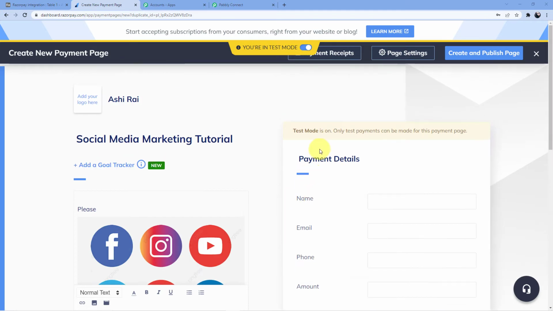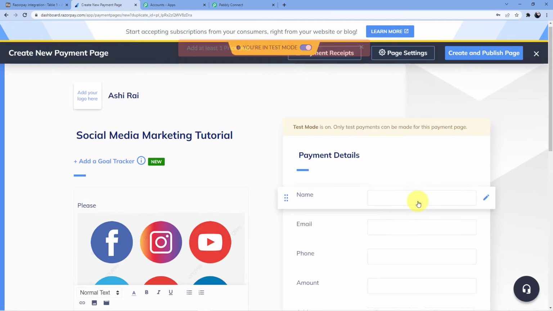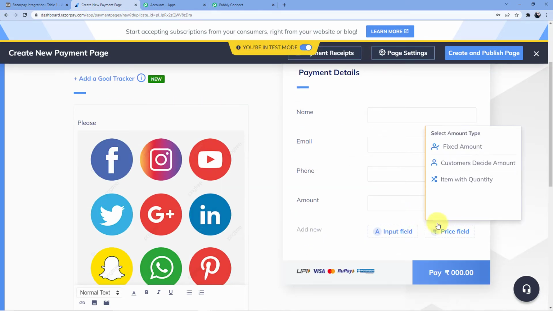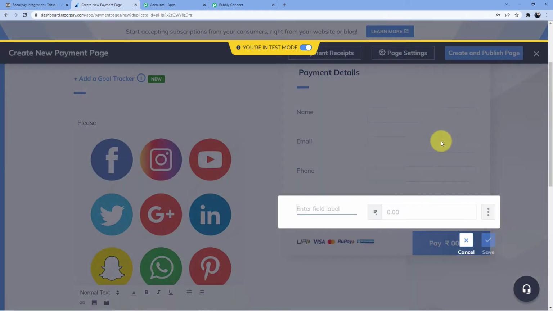Okay. Now what I'm going to do is I'm just going to create and publish page. Add at least one price field. Oh, what happened to this? Okay, first let me delete this one. Price field, fixed amount and amount.